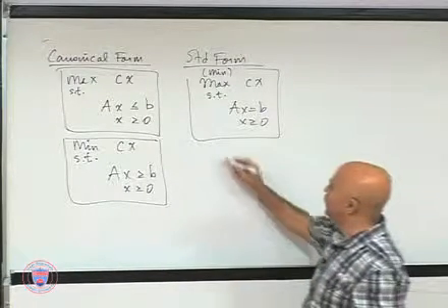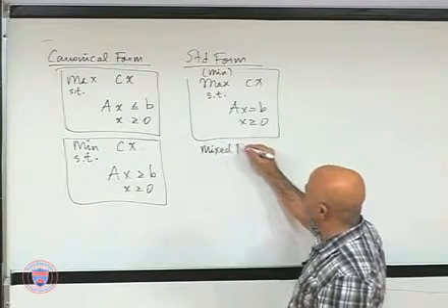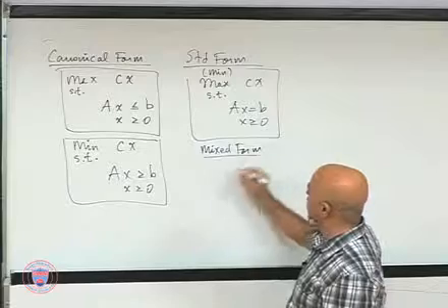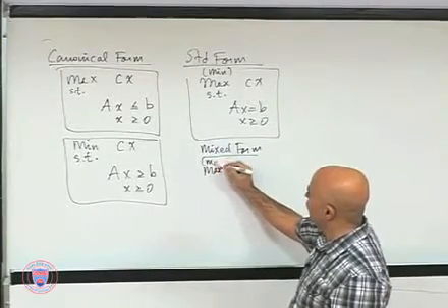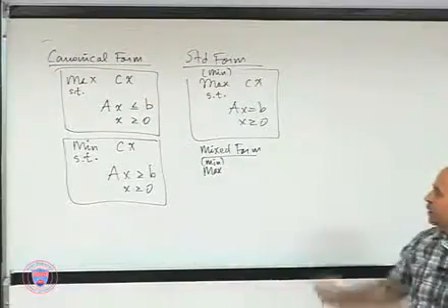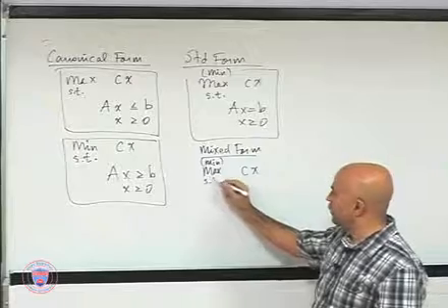And what is the mixed form? The mixed form is the following. It's either a maximization or a minimization. The same objective function subject to